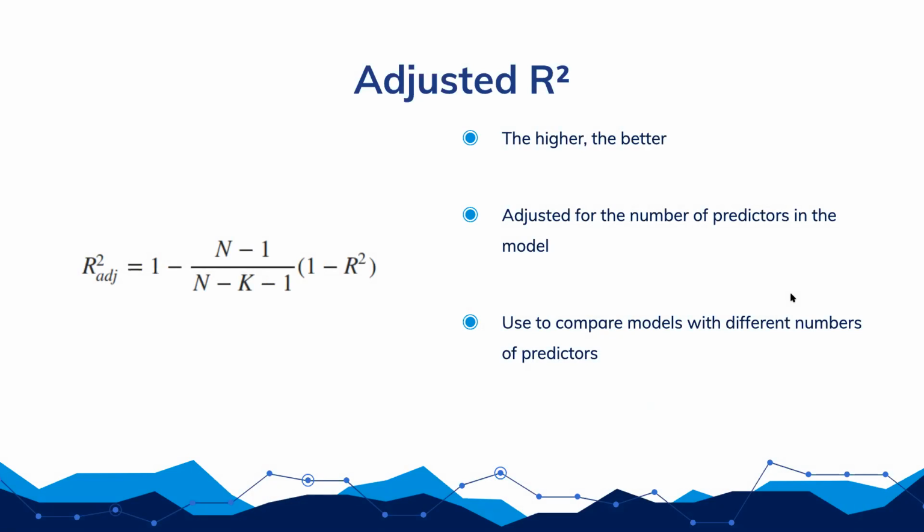So R square can be a little bit tricky because you can add a lot of features and R squared will always increase. So you are saying, okay, I have a fantastic model because I have 10 million features. That's wrong, because you are just feeding in more and more stuff, and that will be worthless or practically worthless. But adjusted R square has some ways of penalizing the number of predictors in a model, and this can be really useful for